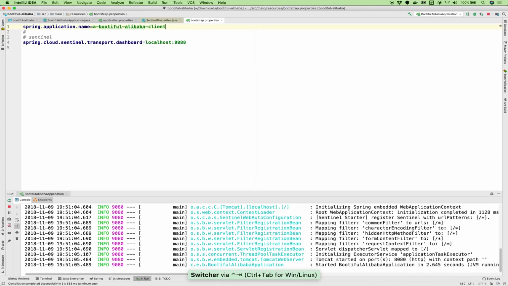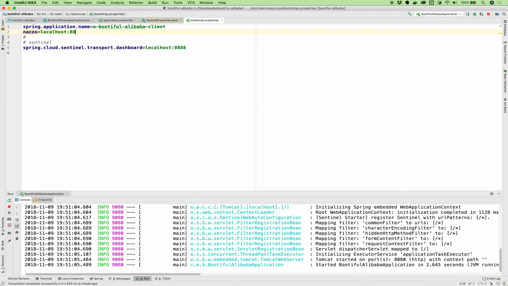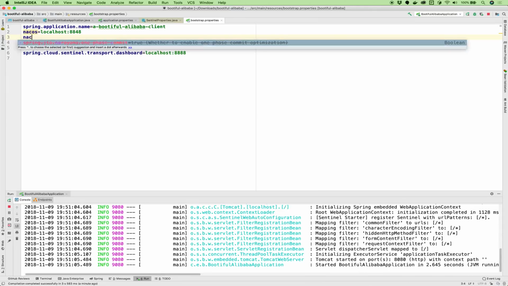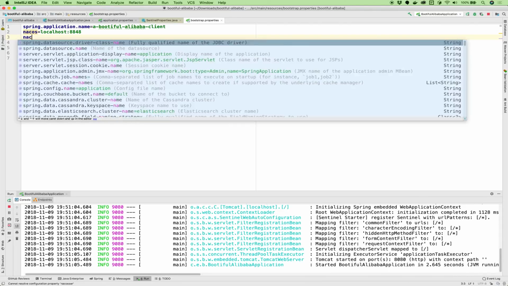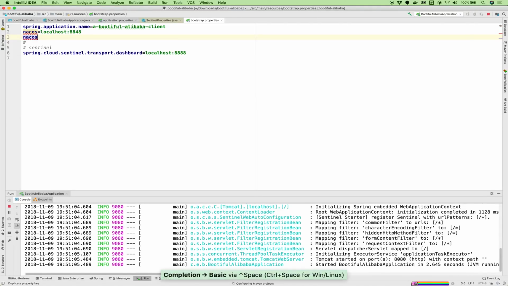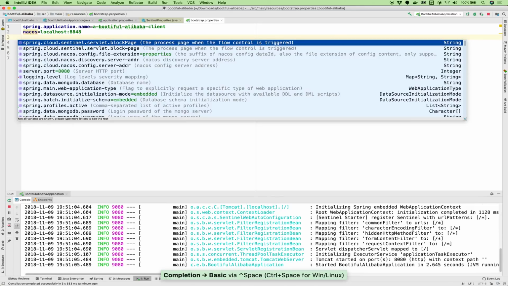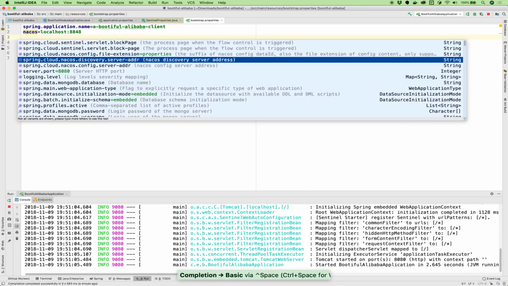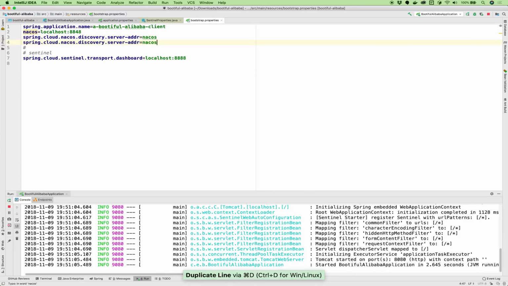So we say Nacos equals localhost:8848. We're going to say Nacos server, config, Nacos, and this will be the config server address.